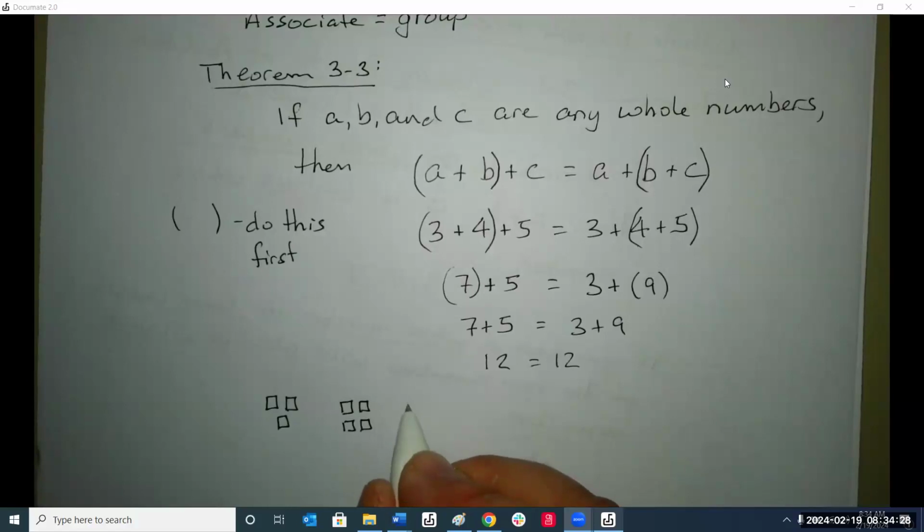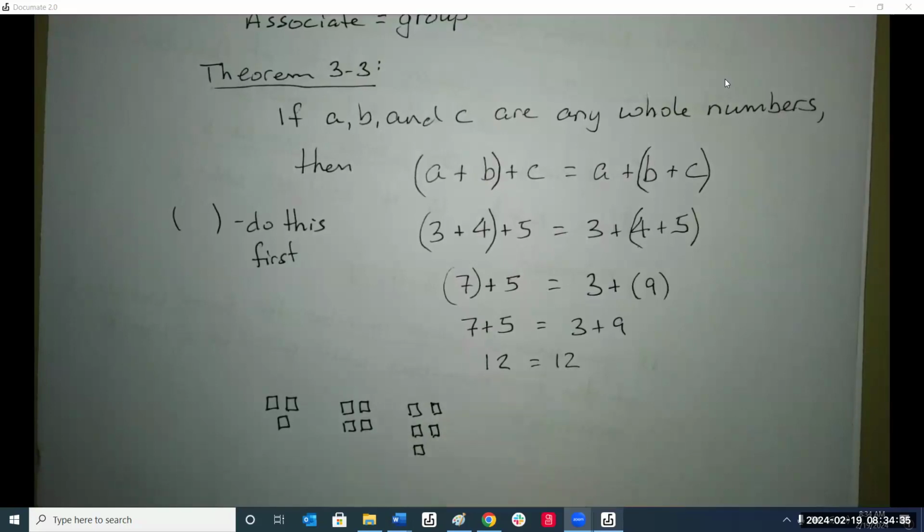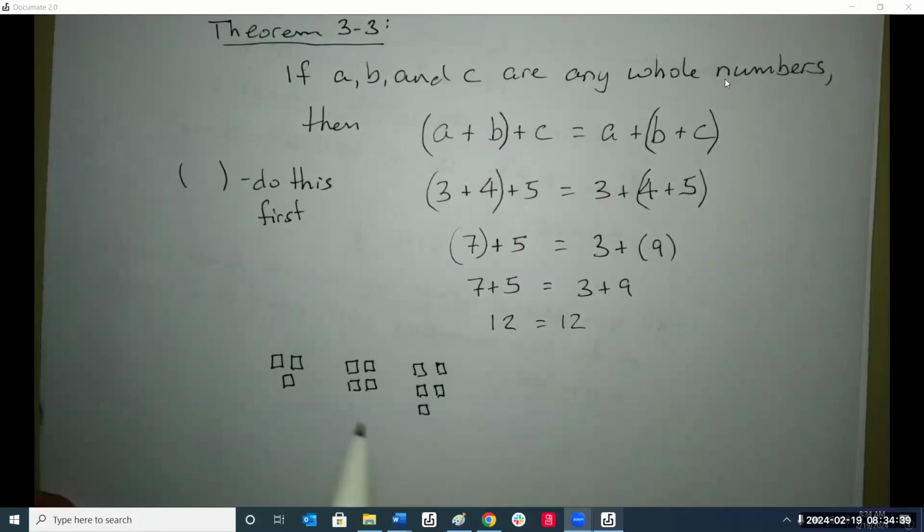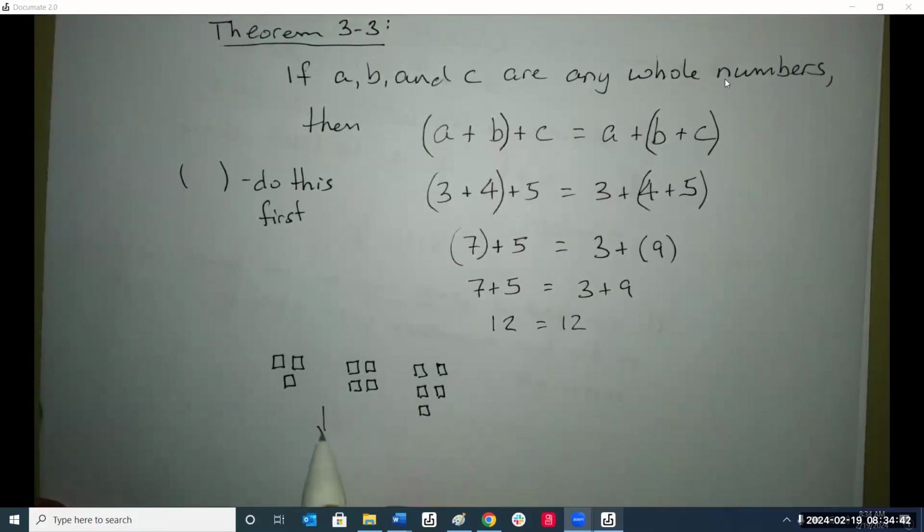I have 4 blocks. And I have 5 blocks. What you would do first